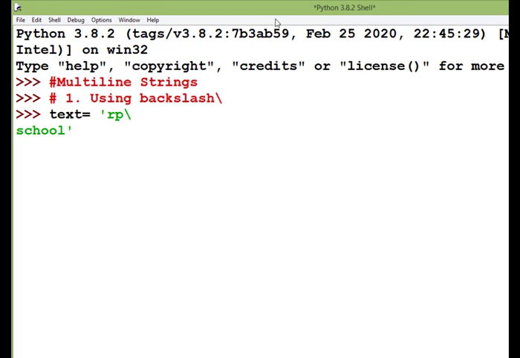Here you can see that I have typed it in two lines, RP on this line and school on the next, and this time it doesn't raise any issue because I have used a backslash. With the help of a backslash we can type our string in multiple lines. Moving further, I will print the value of text, and it's RP school. So this is one way we can type our string in multiple lines.